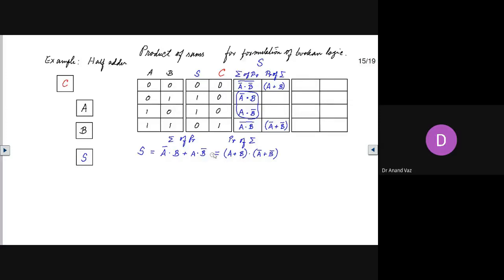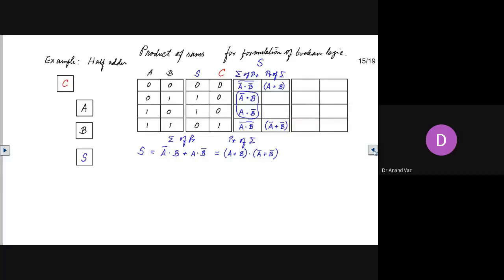Okay. We can check which requires less number of operations and accordingly carry out the implementation of this logic. If we proceed now to the second part, that is C over here.